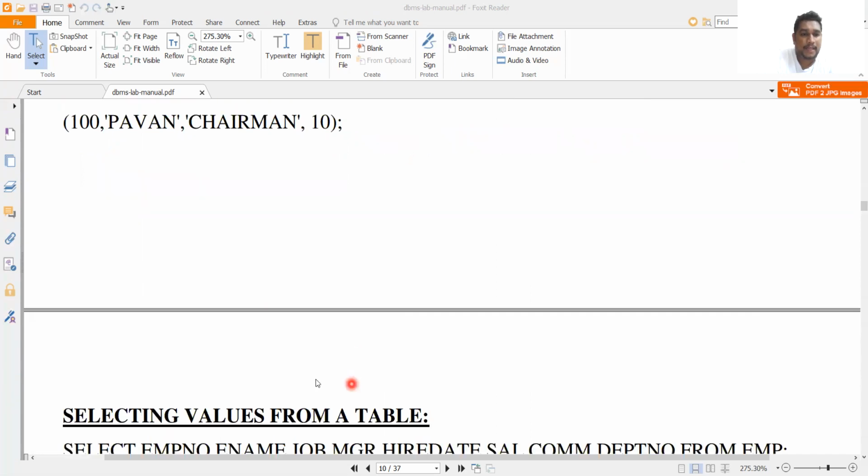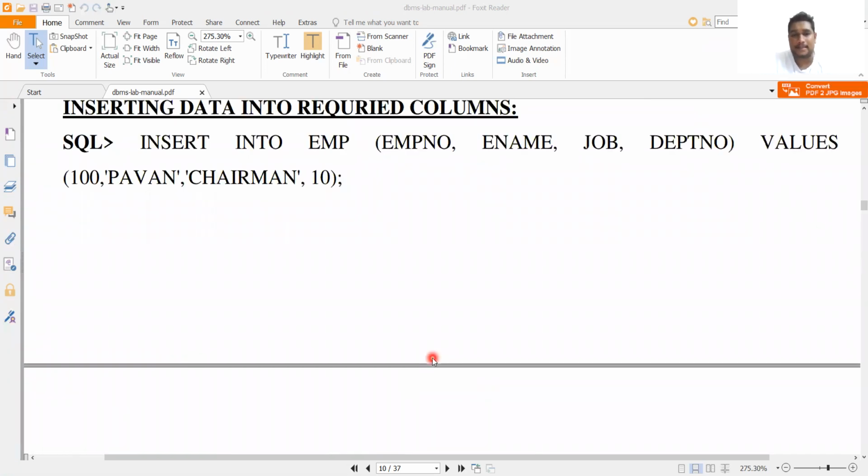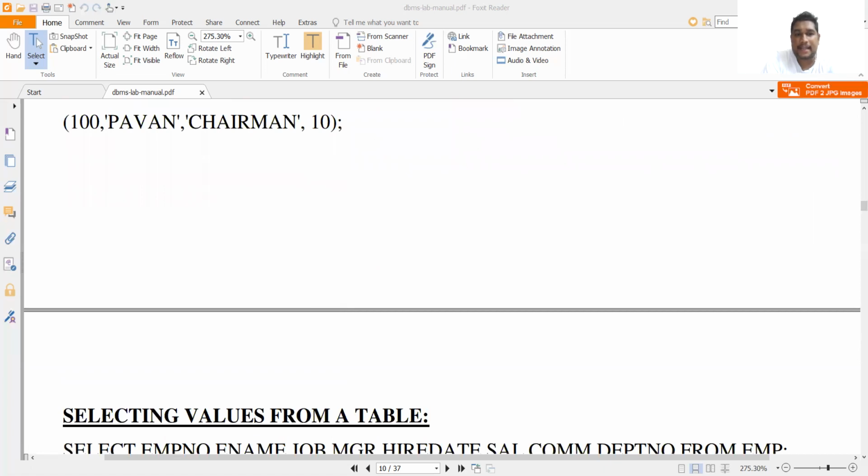And next, you have a command, these are the DDL command and DML command, as you know. If I have inserted 10 rows, the table consists of 10 rows. I hope you understand, right? If I want to retrieve 3 rows instead of 10 rows, the user wants to retrieve only 2 or 3 rows, then we use a keyword called select, for selecting values from the table.